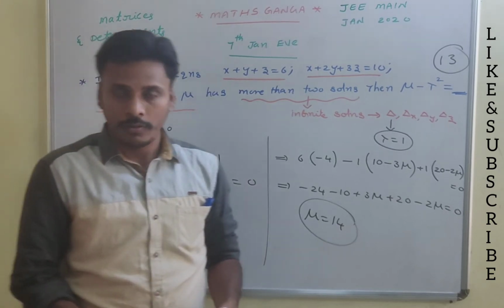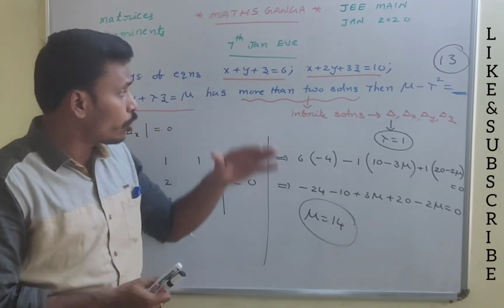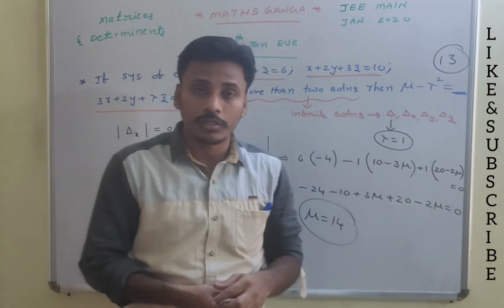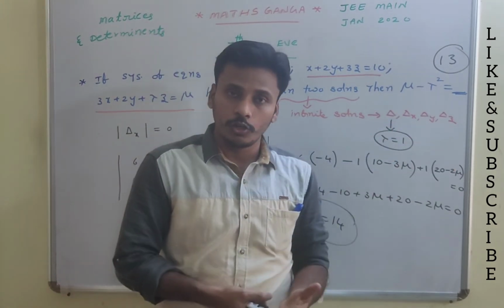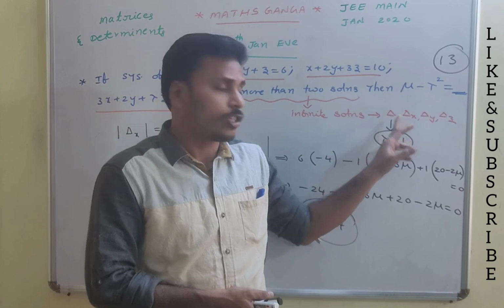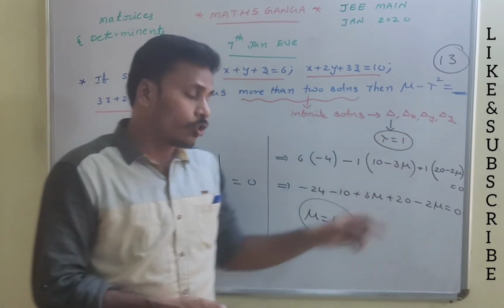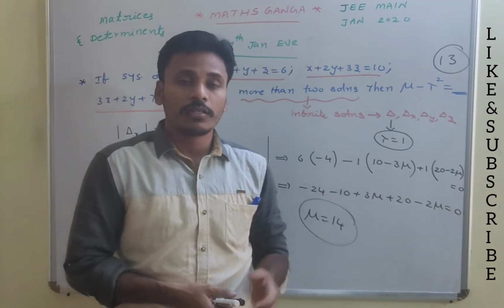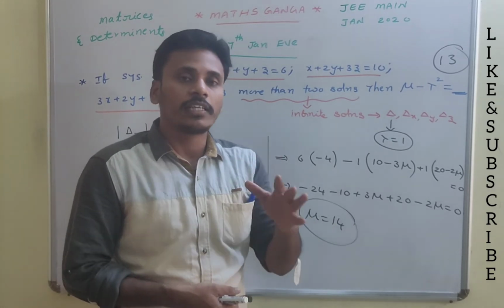That is the problem. Just have a look once again. Given that the system of equations has more than two solutions, it is clear it has infinite solutions. So if it has infinite solutions, the determinants of all four are zero. So start with the first two. If you use the determinant of delta as 0, you get lambda as 1. If you use the determinant of delta x as 0, you get mu as 14, and then mu minus lambda square is equal to 13. The problem may have a little bit of calculation involved, but it's an easy problem actually.